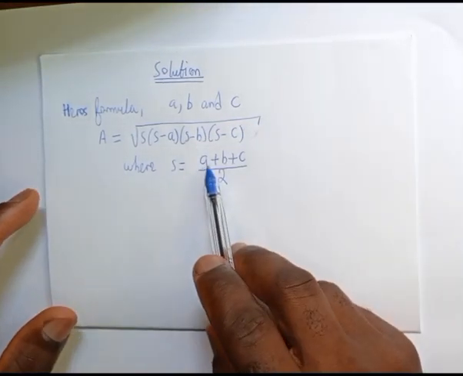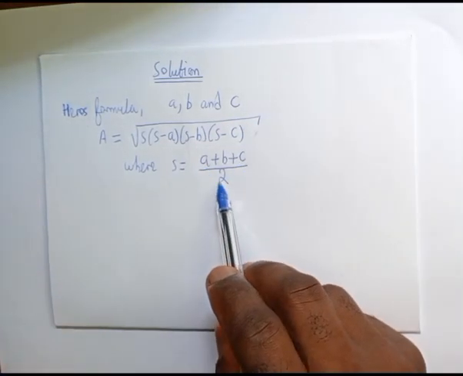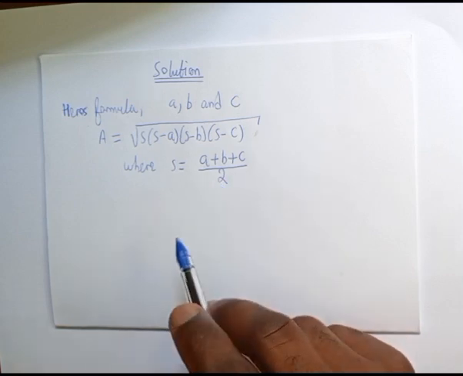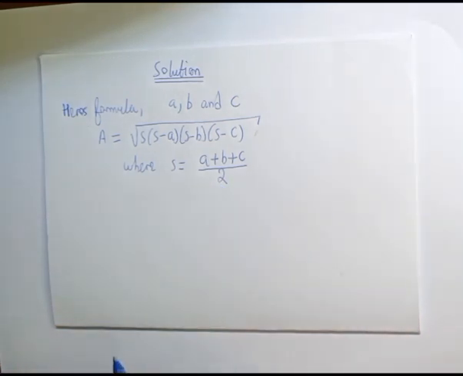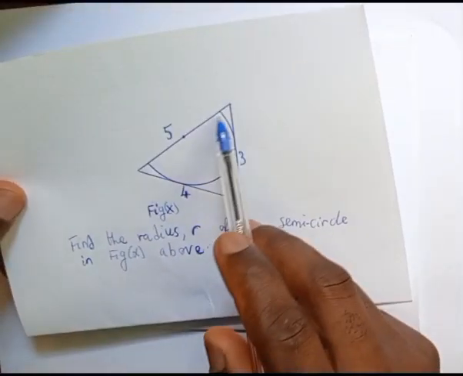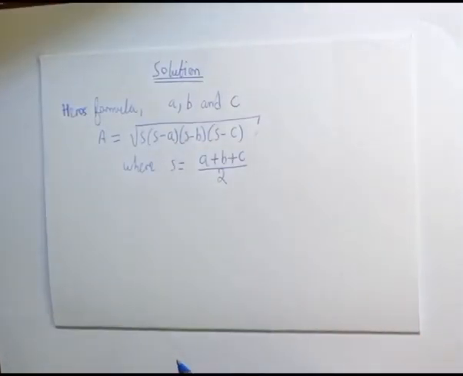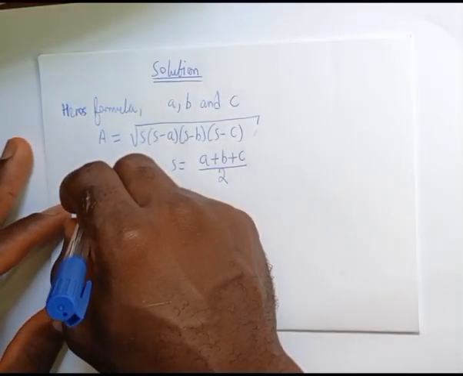Take the sum of the three sides of the triangle, you divide by 2, it gives the semi-perimeter. By applying Hero's formula, the area of this triangle will be given by, we are going to start